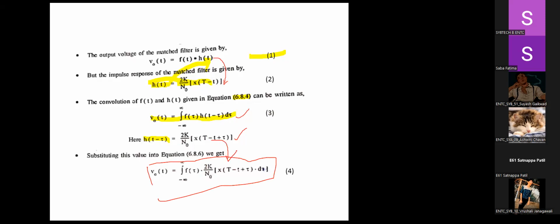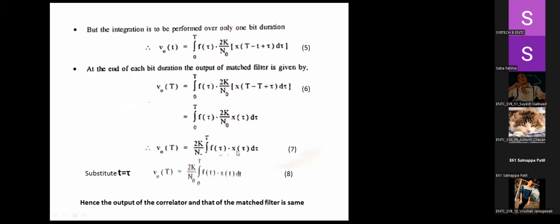Then on further simplification, what happens? We are going to integrate over a given bit duration, and we know that the bit duration we have taken is 0 to T. So when we integrate and simplify this expression, we are going to come across